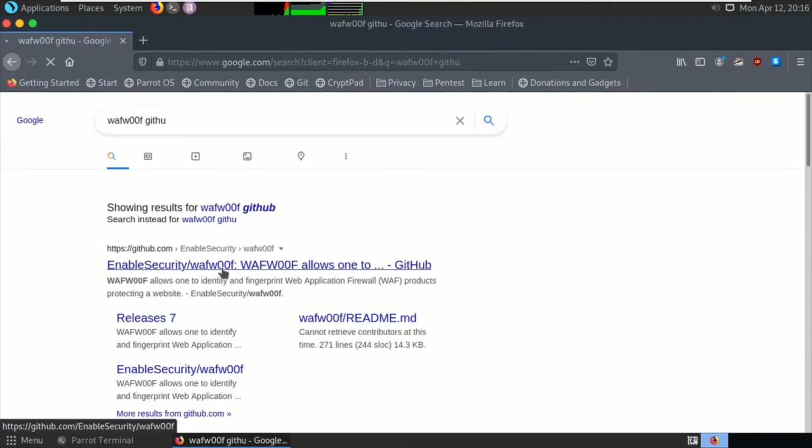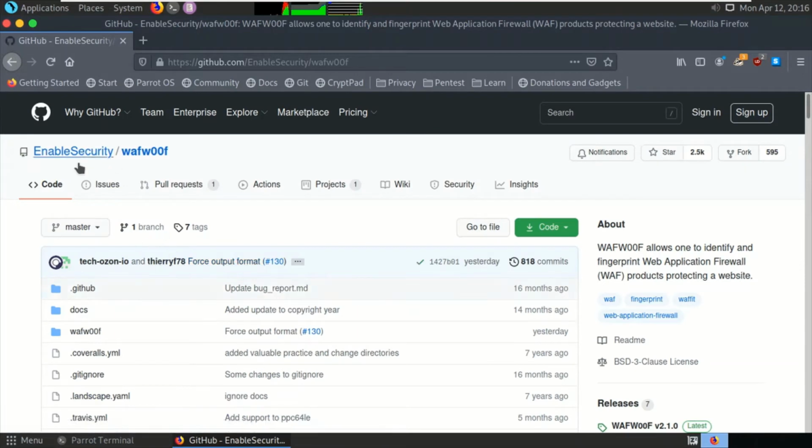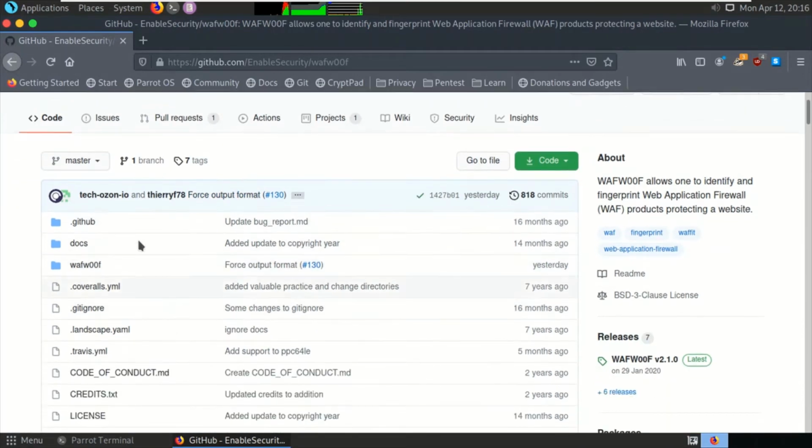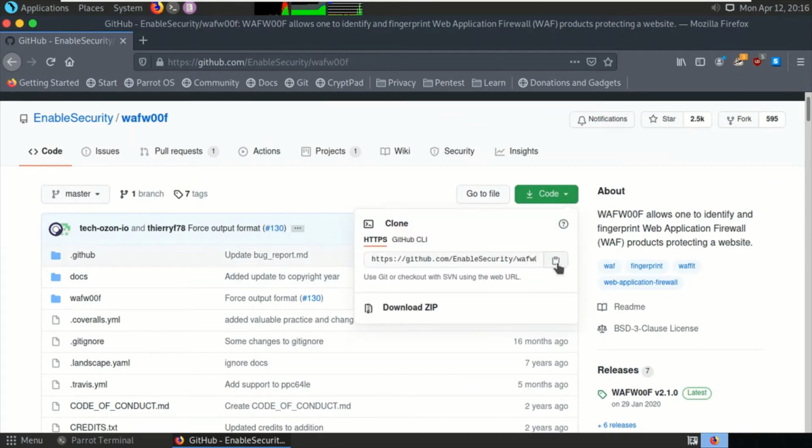So EnableSecurity Wafw00f is a tool, as you can see here. Click on that. So as you can see here, the Wafw00f code on GitHub. What you need to do here is just click on the code and copy this link,